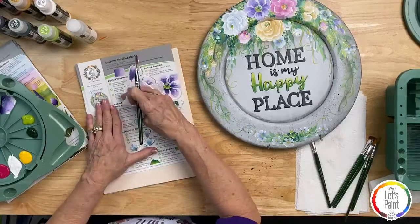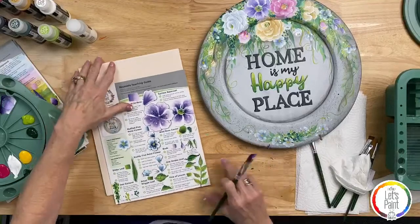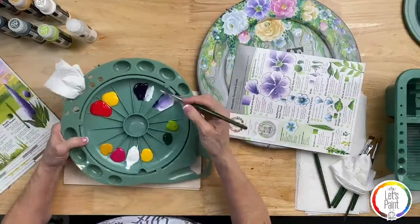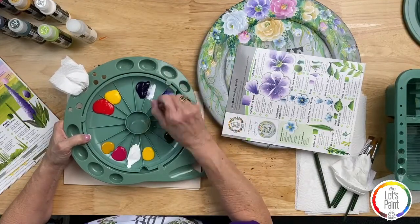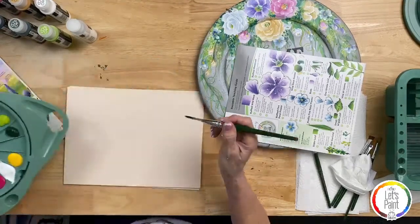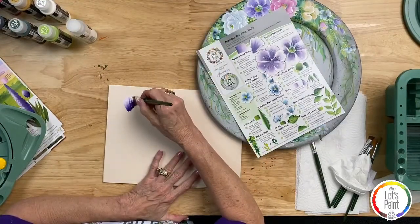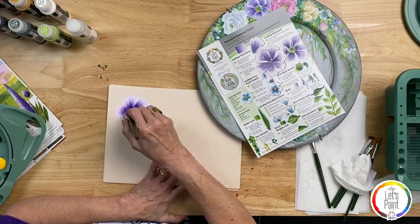All right, now I'm going to wipe this off, and I'm going to do a couple roses for you so you can get the feel of how fun it is and little bits of different strokes to make the rose. Now what happens with the rose is we can do the open rose. It's like a knockout rose, and then you can add more layers on every rose, which will give you some more varieties of roses. Okay, so I'm going to start over here. So now you just keep your teaching guide right in front of you so it helps you see what to do next. Okay, and then you just work around